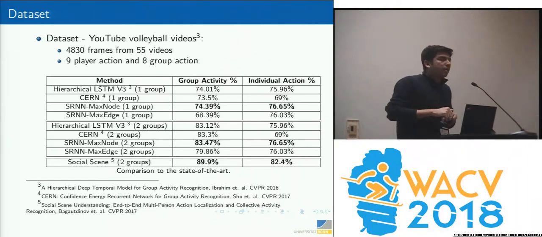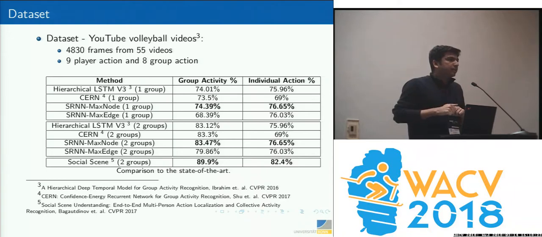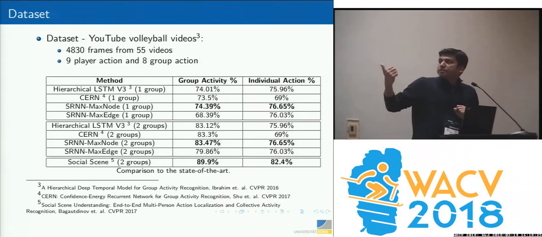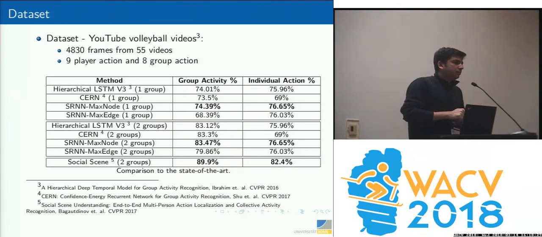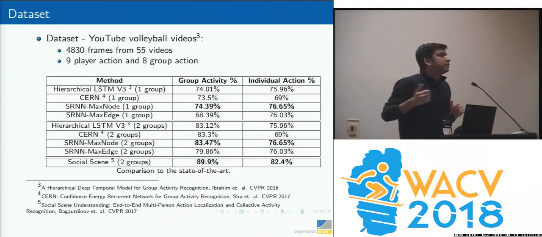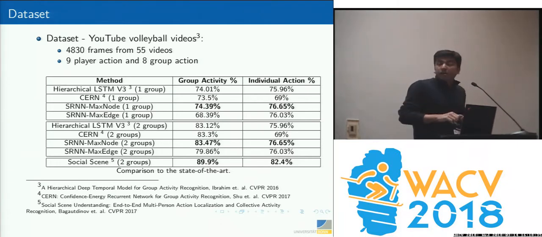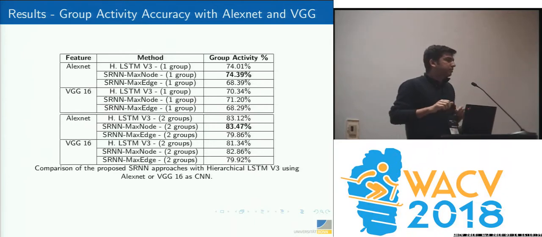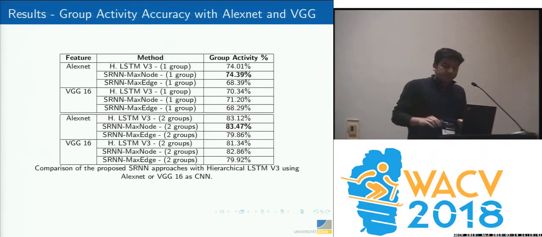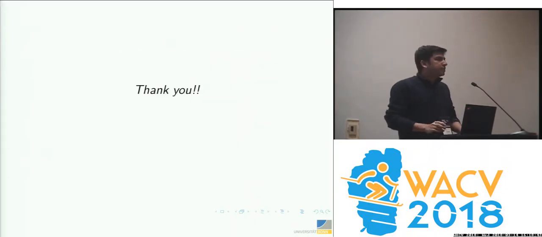However, the other state-of-the-art method is social scene, which uses inception v3 features. That's the major difference we have got. For other experiments also, we have used different CNN features and we got the results. For more information, please come to